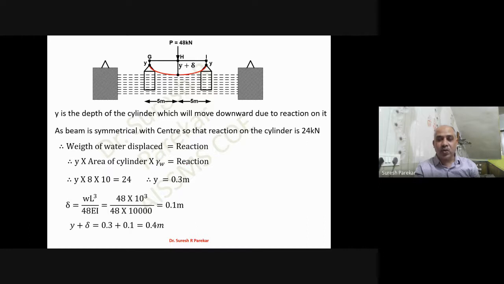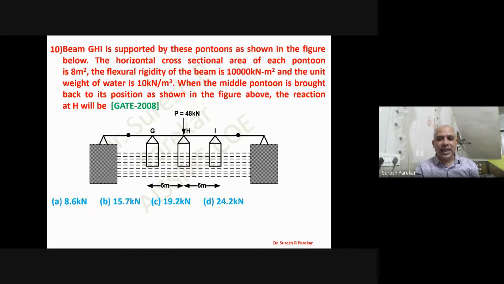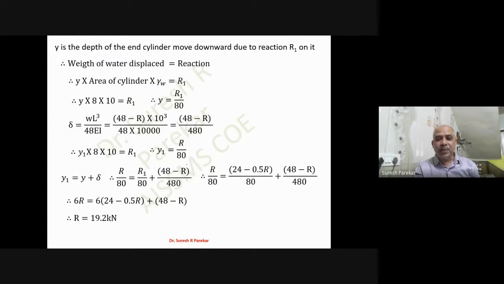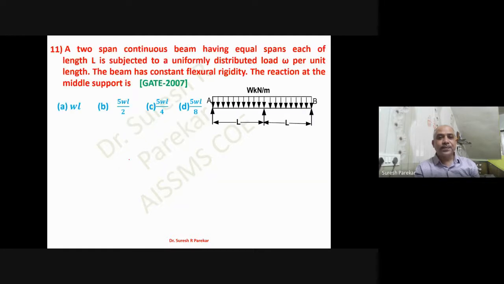And second, we have due to concentrated load. In the second also we proceed in the same fashion, so I will not again explain the answer. You can go through this simple summation, Fy equal to 0. So 2R1 plus R equal to 48. Now here we have 3 pontoons, and from this we calculate the value, 19.2. Same concept we have applied over here, but this is indeterminate, and therefore we equate this displacement, and the value we got is R equal to 19.2 kilonewtons.